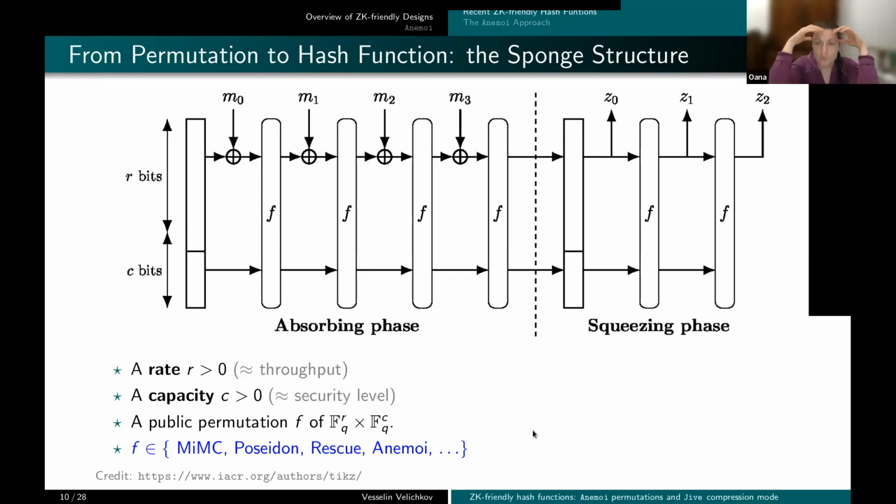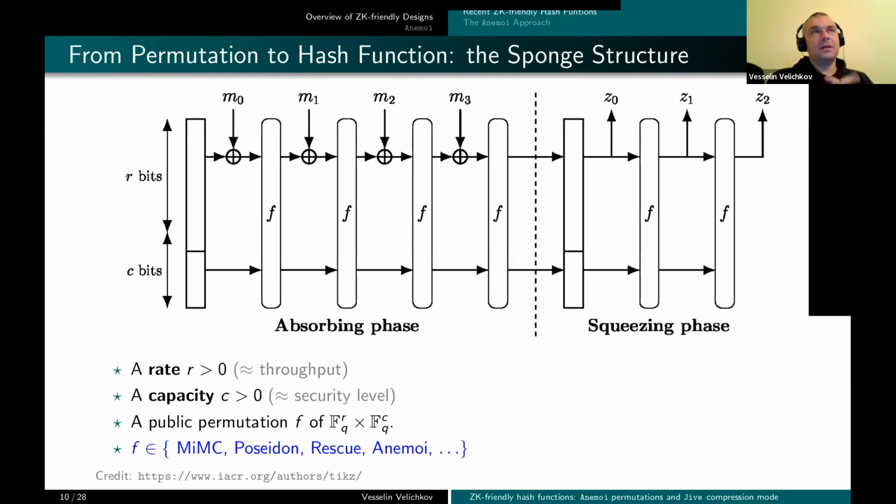And from the modern or ZK-friendly hash functions, which ones do not follow this sponge structure? Not all of them, but say some very famous ones. Oh, you mean some designs that don't follow the sponge structure? That we have heard of. Yeah, it's a good question. I'm not 100% sure. I think most of them do it, but